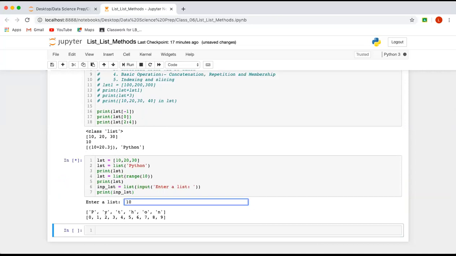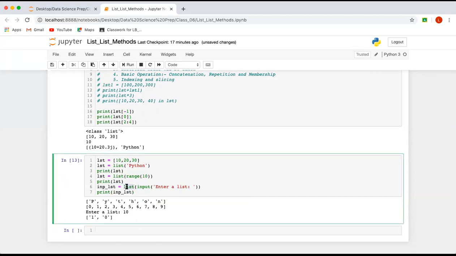So 1 and 0 have become elements of this list. 10 means you have entered 1 0, and it was converted into string type. Since it is a string, 1 and 0 are both in quotation marks, so every element of the string becomes an element of the list. Similarly here, 1 and 0 have become elements of this list. Okay, clear? So finally list will convert everything into the list type.